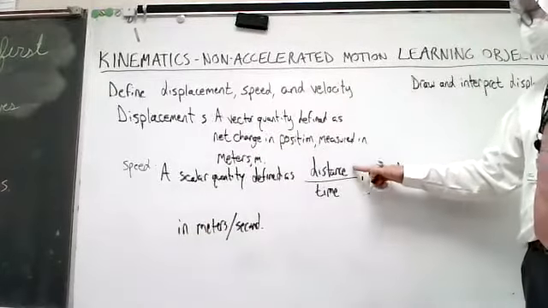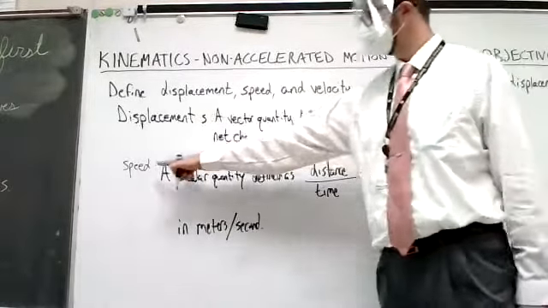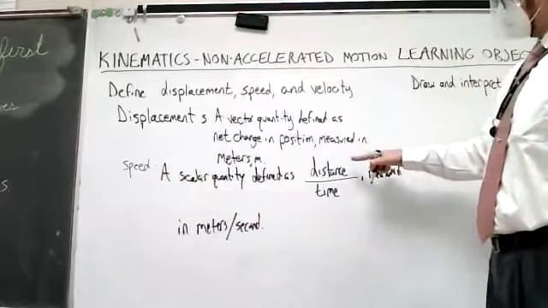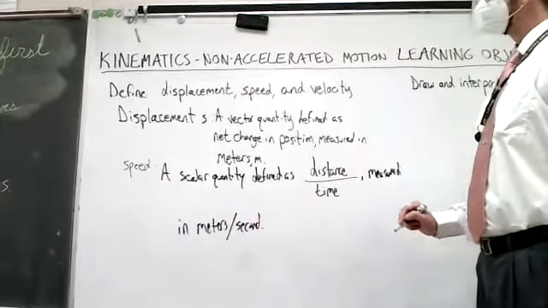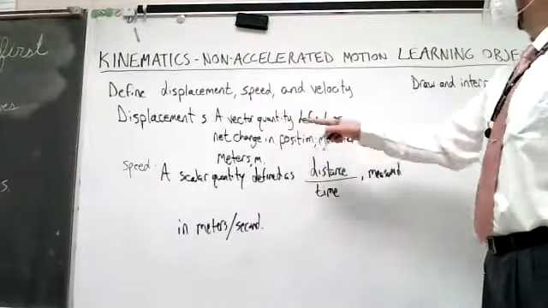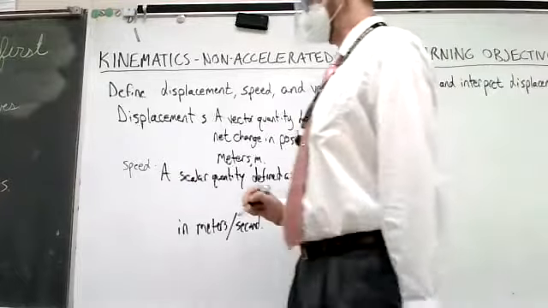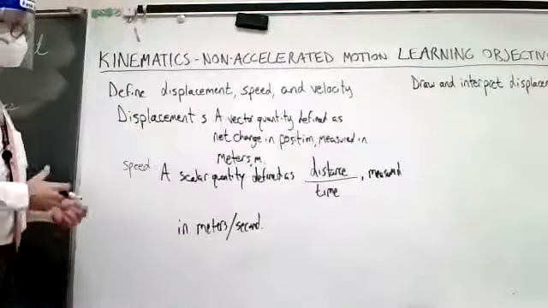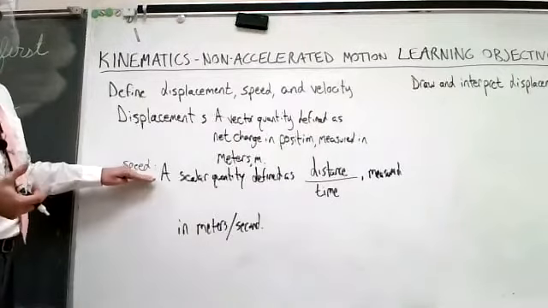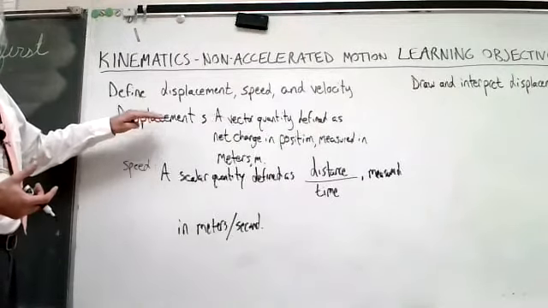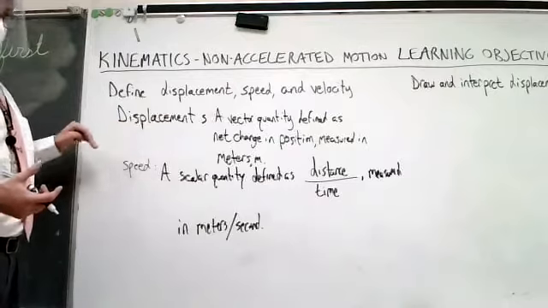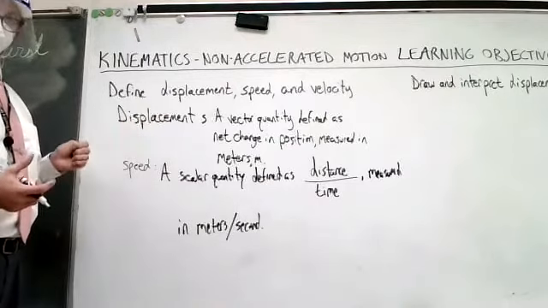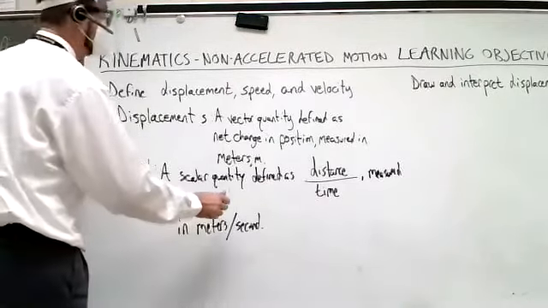Remember, distance is a scalar quantity, and so you get the scalar speed when you take the scalar distance divided by time. Displacement is the vector, and so velocity, the last thing we need to define here, is the corresponding vector to speed. It's like displacement is to velocity as distance is to speed. That's kind of like an analogy. So velocity